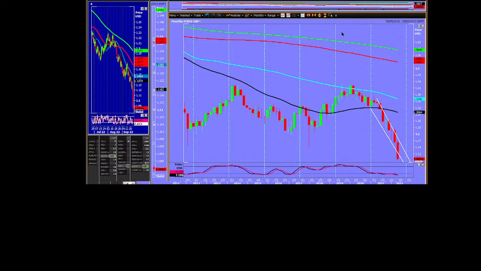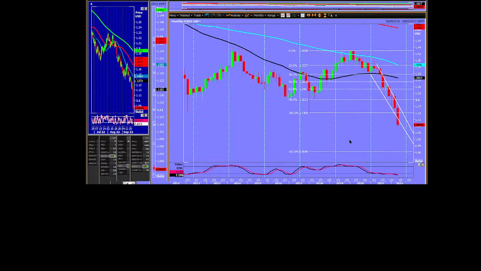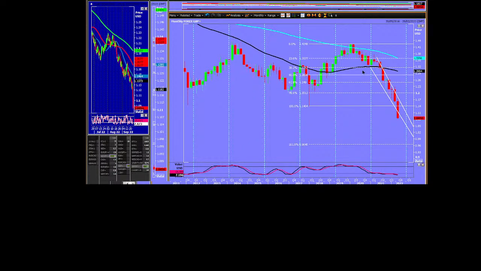The only way I can really do it, again, is to do that thing with my fibs. So I'm going to take the last major swing up. There you go. And then I'm going to look for the projection down. So, oh my God. If we break 105, could we, I can't even say it, could we go to 96.50? I mean, I don't know. That chart says we could. I'm going to leave that with you.